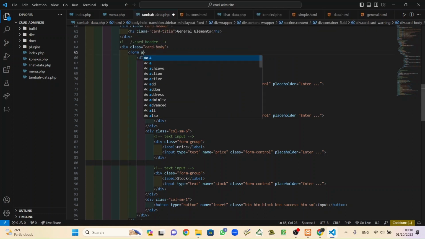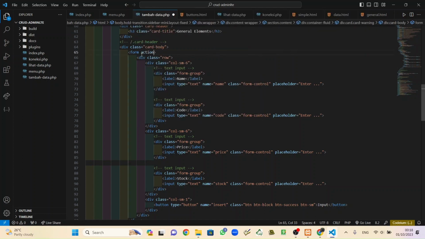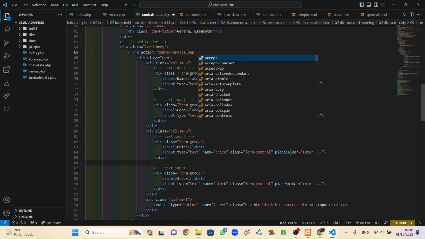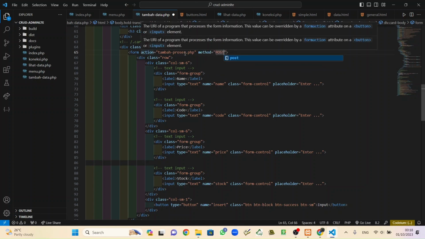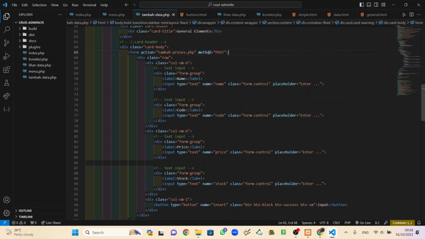Okay, put inside here action, and put inside here tambah process dot php, and method. This is the important thing: post. So these two things are important, so don't forget to put them inside the form.